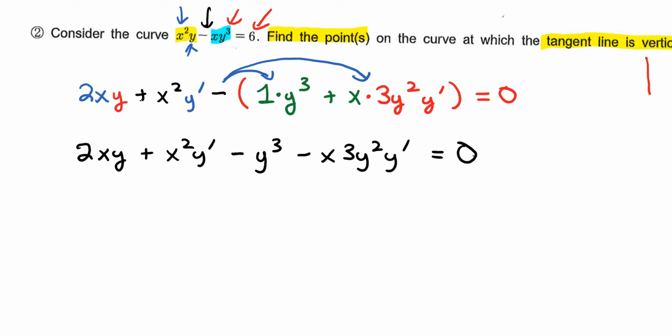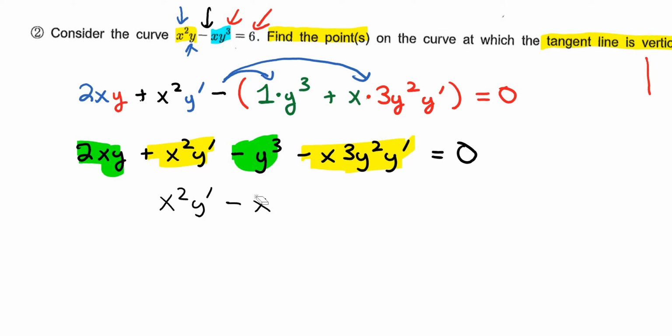Okay, my next step is I want to get these terms here in yellow on the same side of the equation, because then I can factor out the y prime. So in this video, I'm going to highlight the other terms, and I'm going to move these green terms to the other side of the equation. So that means x squared y prime remains, minus x